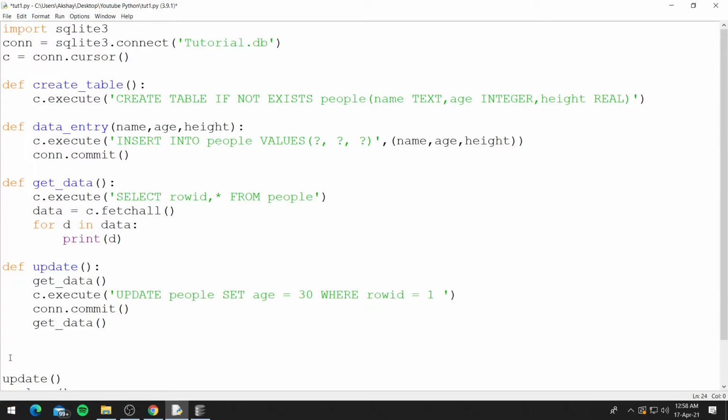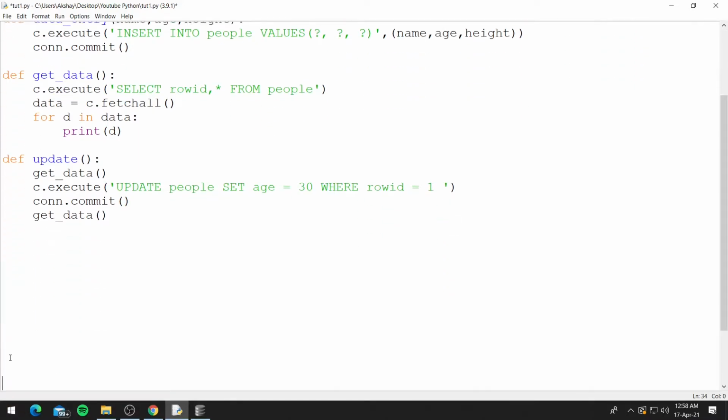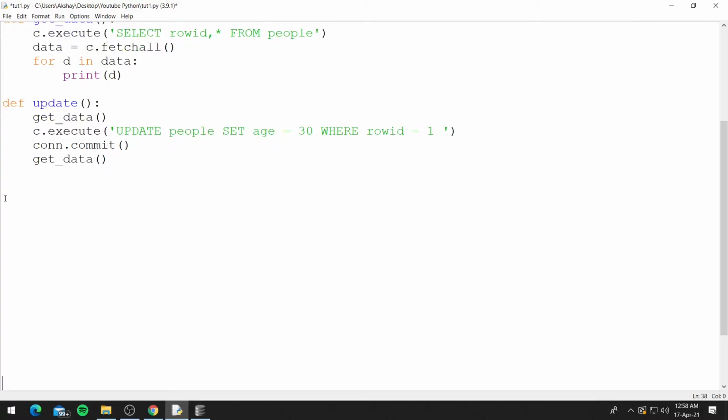So we'll create a separate function. Let's say def backup_db, and then we'll create a new connection. So let's say bcon. This is the backup connection, so sqlite3.connect.